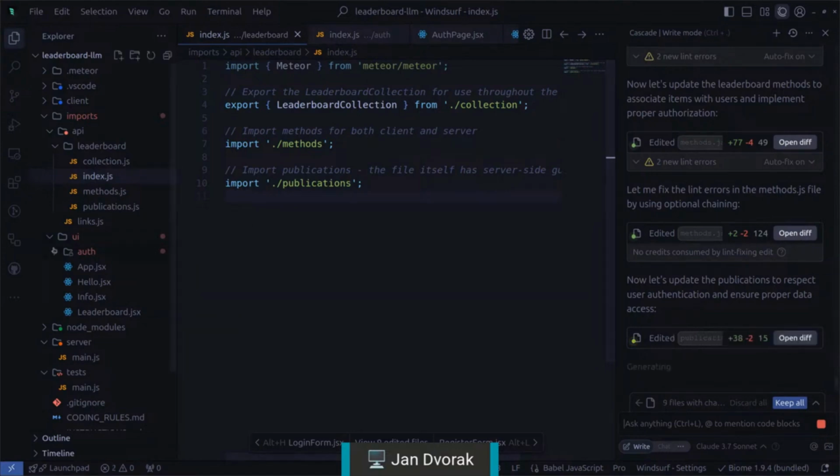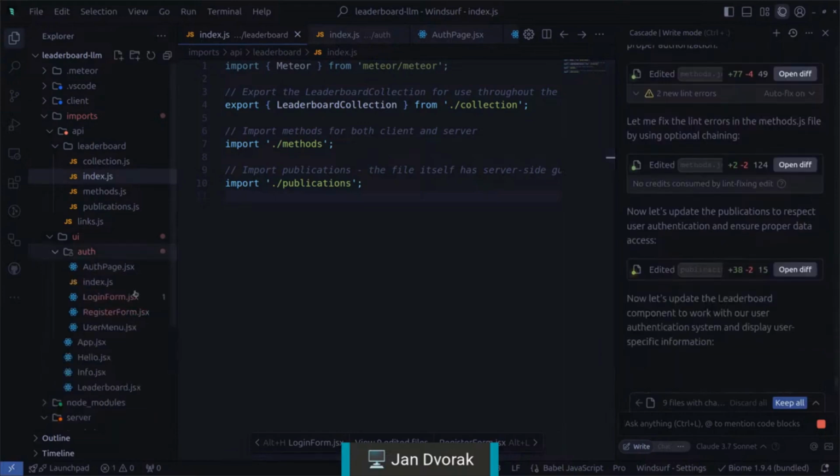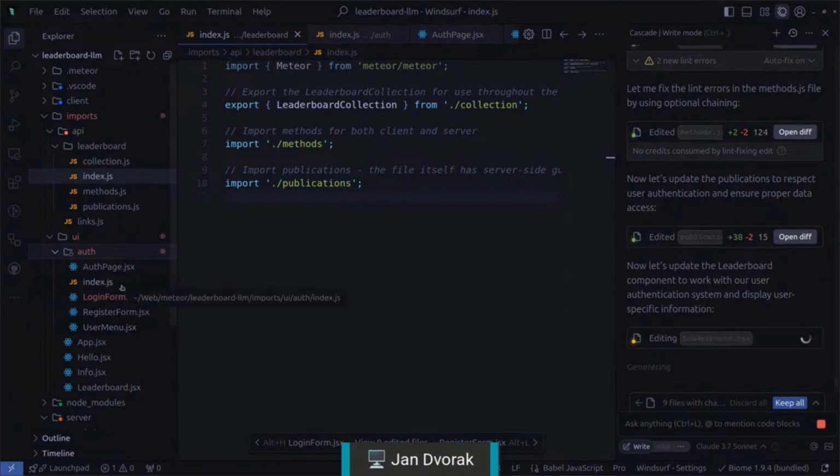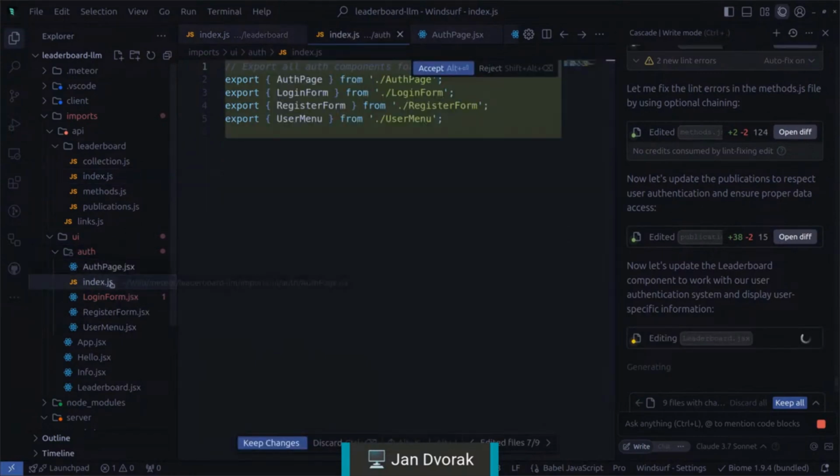But it started building the auth UI, so you see the login form, register form, and user menu. And again, this is a very common thing I've noticed here. Whenever it puts anything into a folder, it adds an index and puts all the files into the index there, which, yeah, is what I would call probably a bad habit,